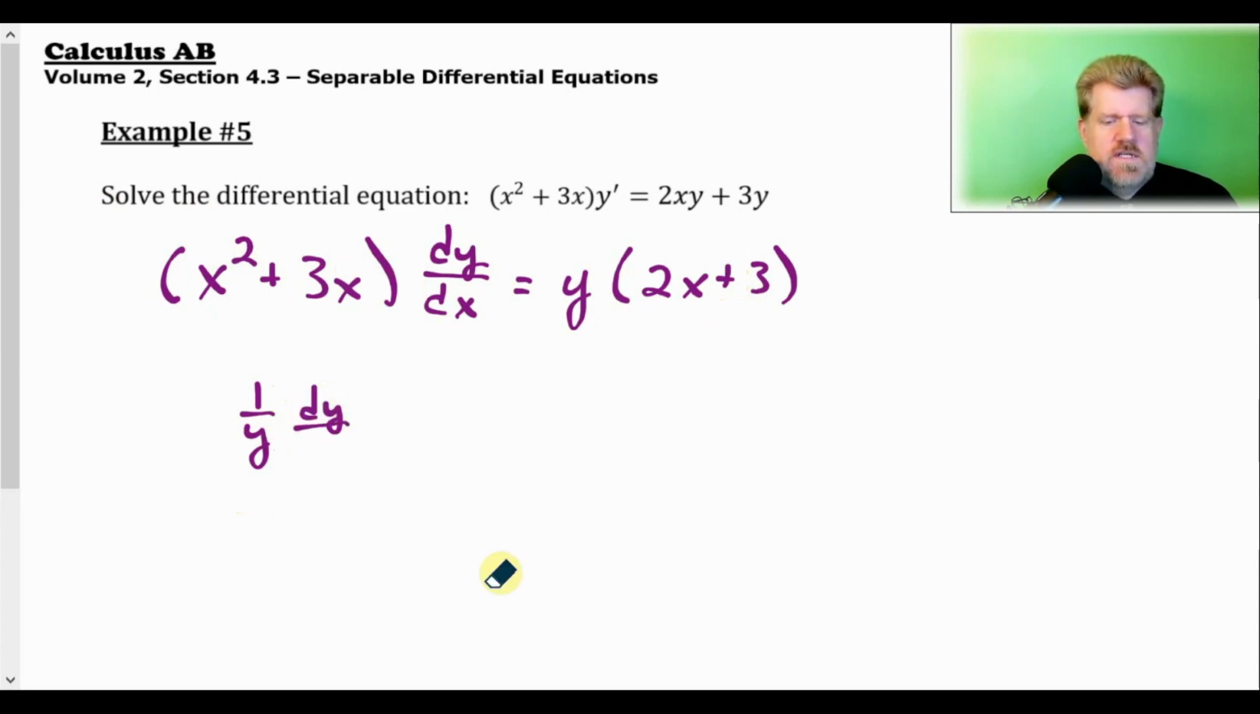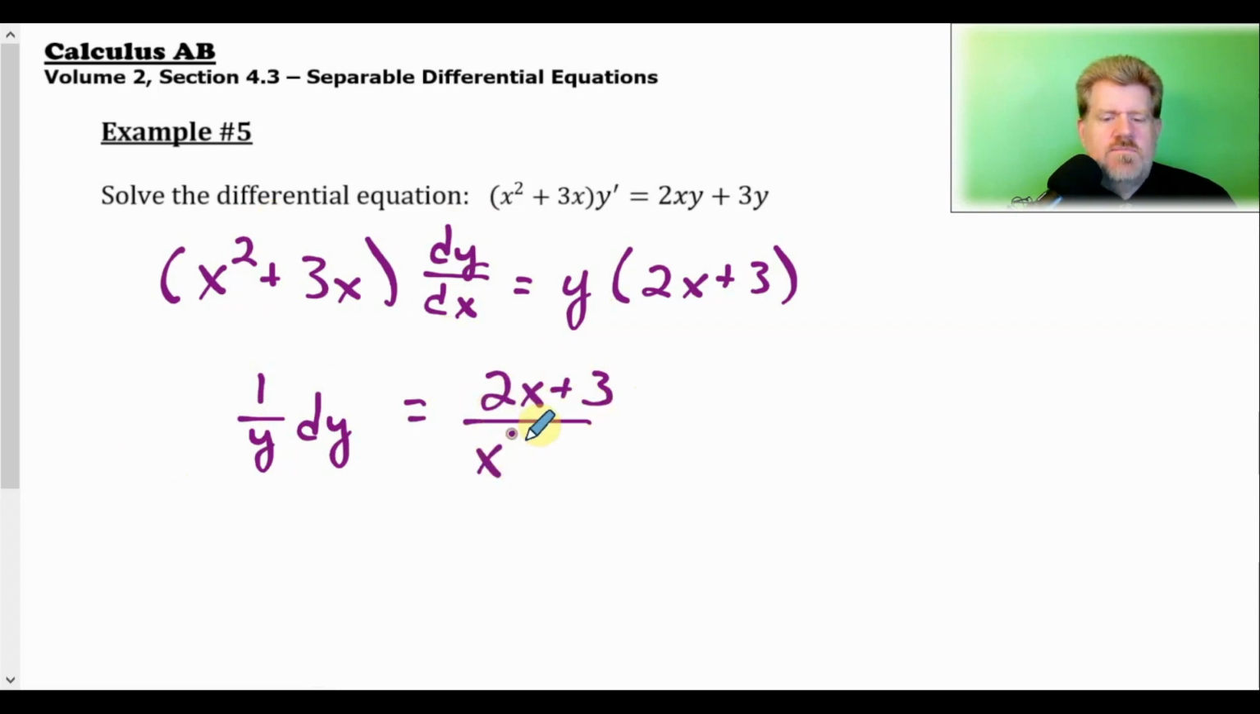Whoops, I'm not going to end up with that. So I'm going to end up with this. Remember that dy stays, and I'm dividing by y to bring it over. This 2x plus 3 stays. However, this x squared plus 3x, I'm dividing by it. And this dx comes over here. All right, separated. Agreed? All the y's and dy's here, all the x's, dx's here. Once it's separated,